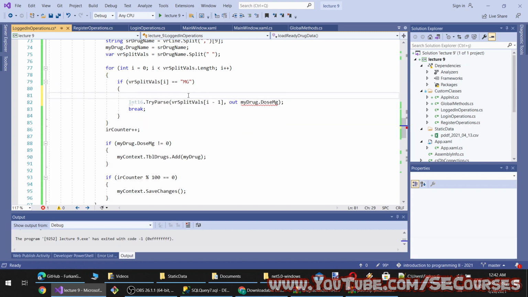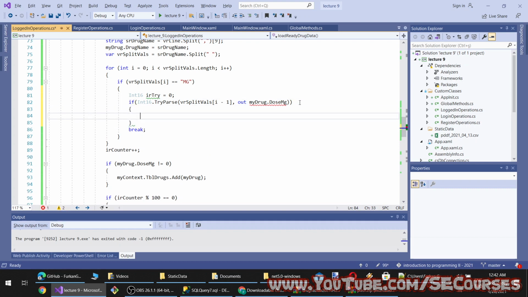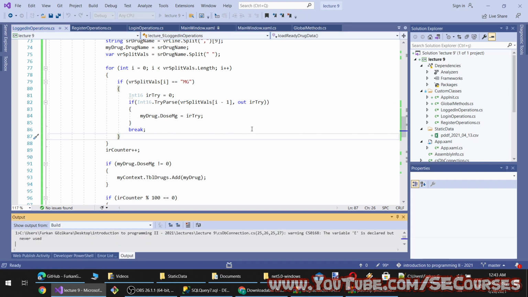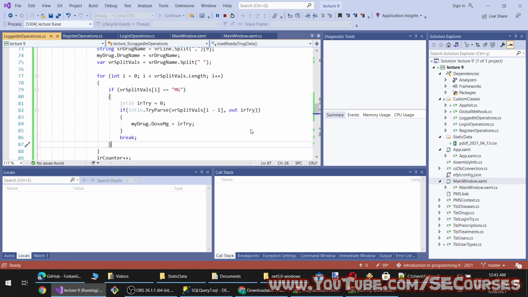Yeah, so therefore what I'm going to do is, okay, if it is parsed successfully, then it will be assigned to the milligram. So you see, our small int is not